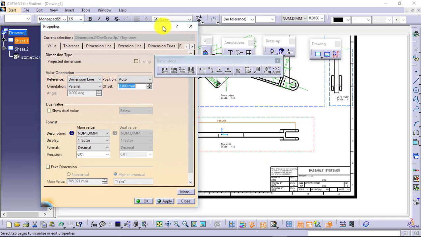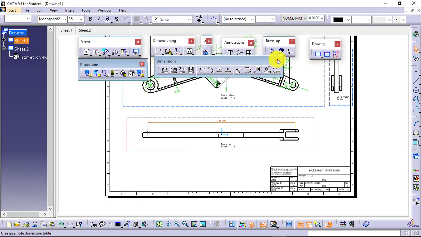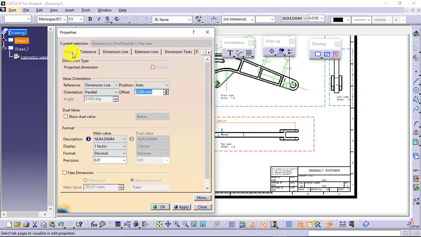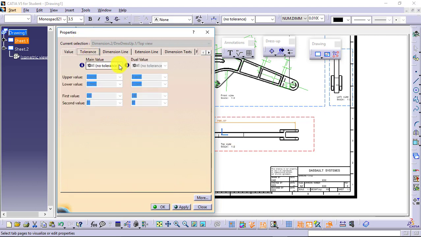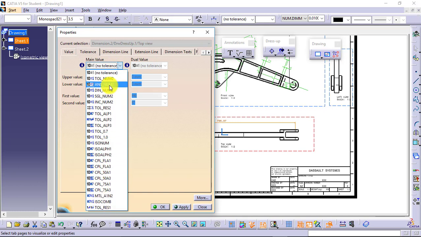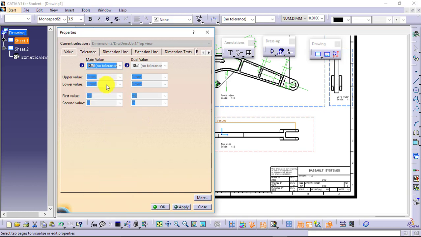Now I have selected the dimension. Yes, so starting with the dimension properties, I'll just close this toolbar. About dimension value, how you want the dimension value to be defined. If you want to go for the dual value, then turn this on, it will show you the dual value. You can see the reflection over here. Tolerances you want to define for the main value and dual value. Currently dual value is off, it is not showing you. Yes, what type of tolerance you want to show, select the type, give the upper value, lower value,